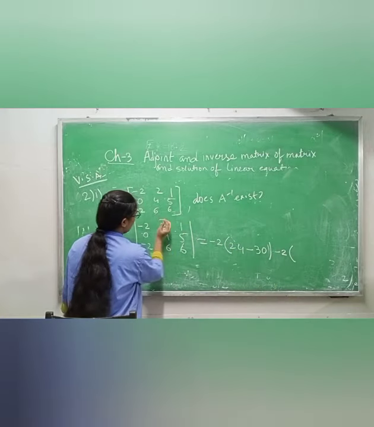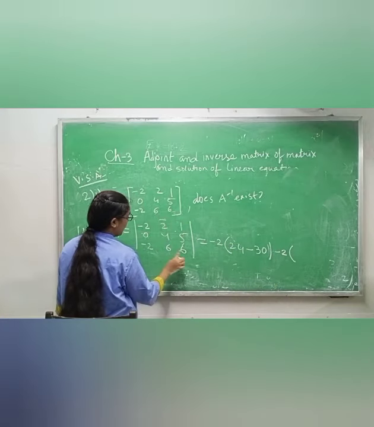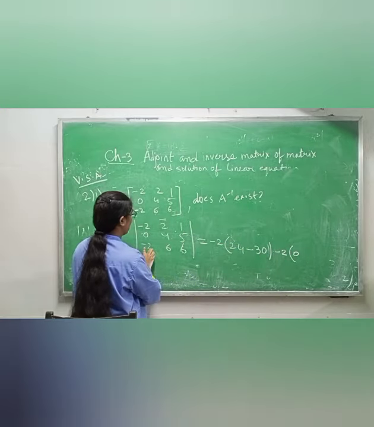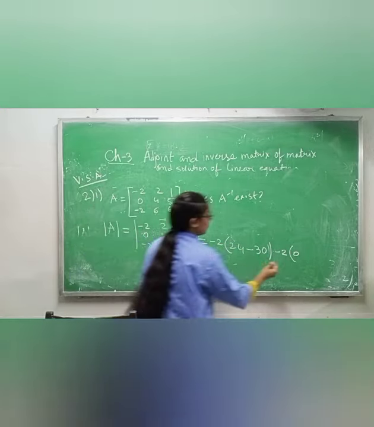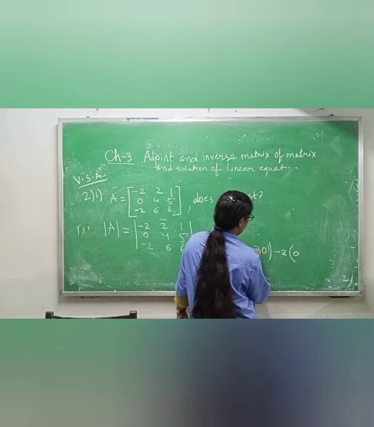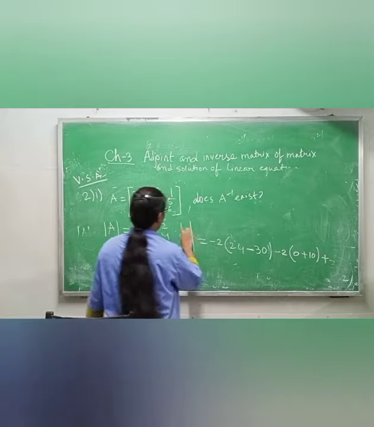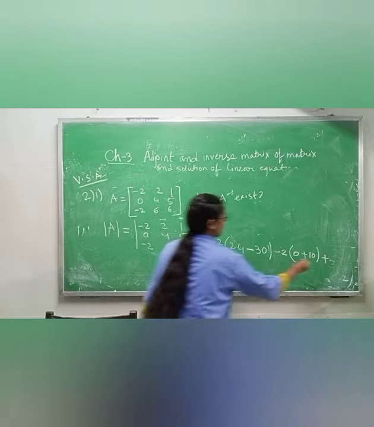Then I will not see this column and this zero. So 0 5 minus 2, 6 6 zeros are 0, 5 minus 2 is minus 10, and one more minus is there in this step, so plus 10. Then again plus sign, because we have with this one plus, so plus 1 I will write.